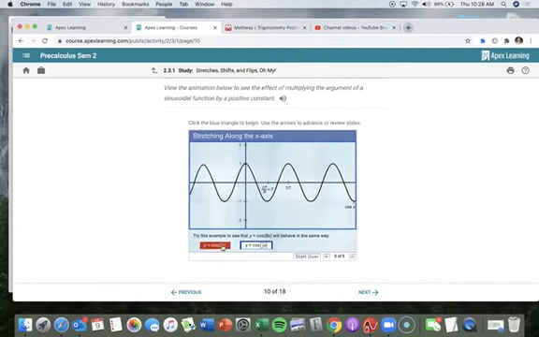All right, and then of course, yes, cosine will behave in the same way. If I have a number greater than 1, it's going to shrink. And if I have a number between 1 and 0, it's going to stretch. Right, and it will have the same effect on the